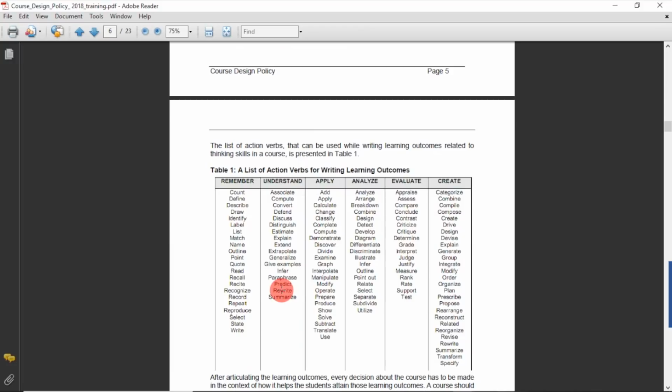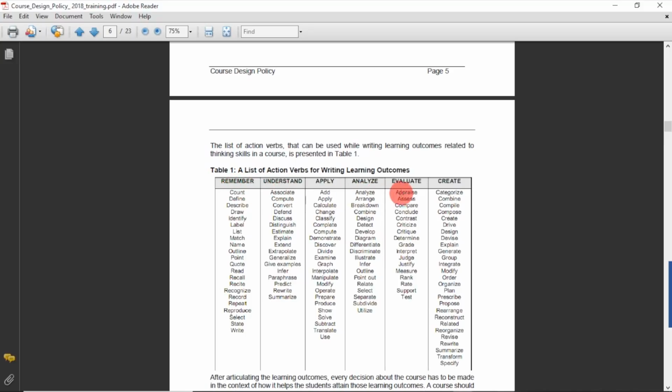And one thing which is very important to understand is, while developing learning outcomes, you must take care of the words which you use. Say for example, if you're talking of remembering, then these types of words should be used: to identify, to label. The student should be able to list the following things, right? The student should be able to recall the definition and dates. So that is how you are going to use the words for developing your learning outcomes, which I'm going to showcase to you when I'm talking of a course outline as an illustration in point number 2.